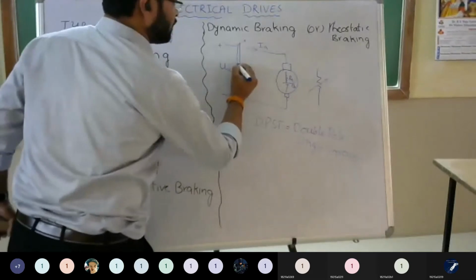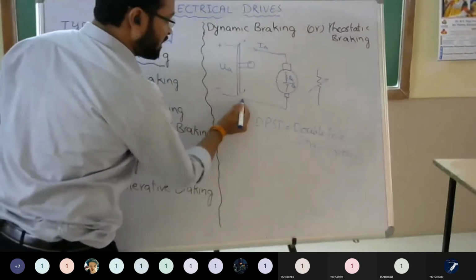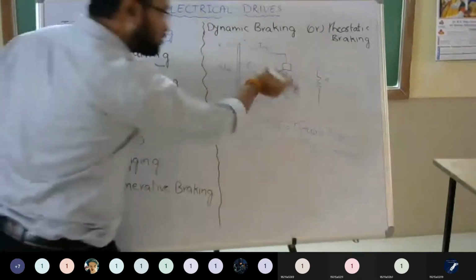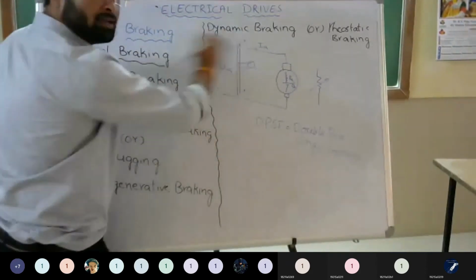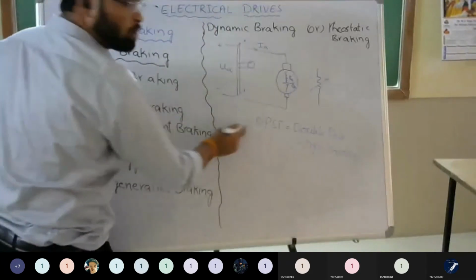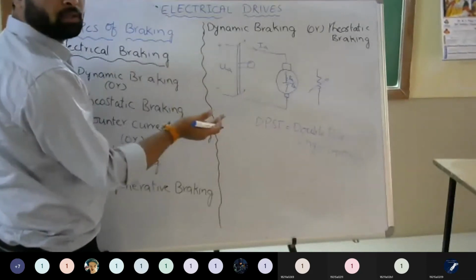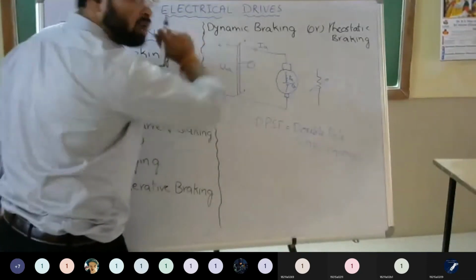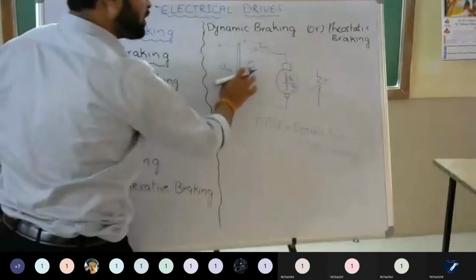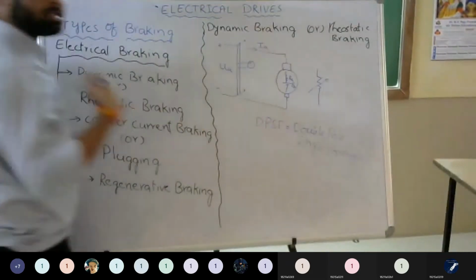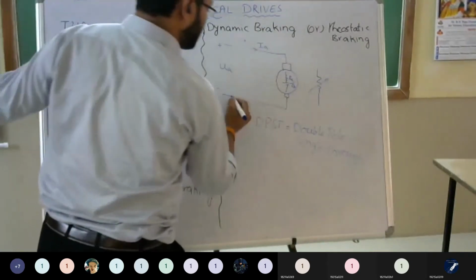With one throw, a single throw, you are closing both. That's why we call this a double pole, single throw. If you have three poles and a single throw, what do we call that? Triple pole, single throw. Clear? If you have two poles and with one throw you are closing, that's a double pole, single throw. If you have double pole and double throw, here one throw and here one throw, then that is double pole, double throw. Even the name itself explains the operation.